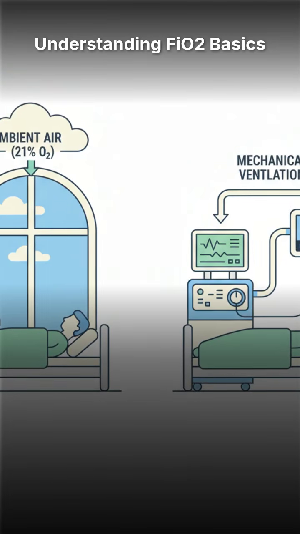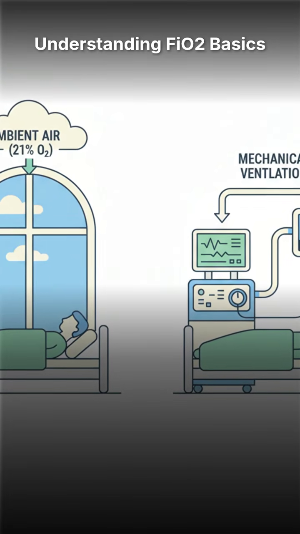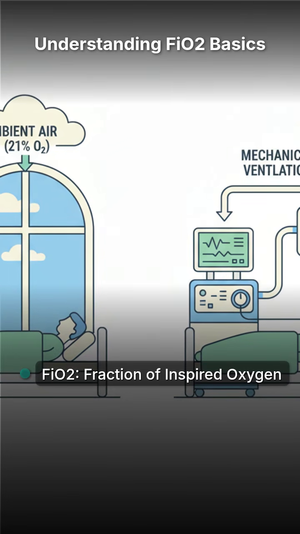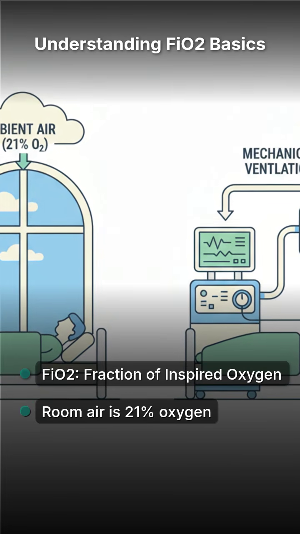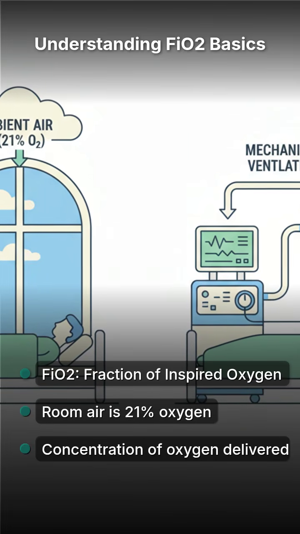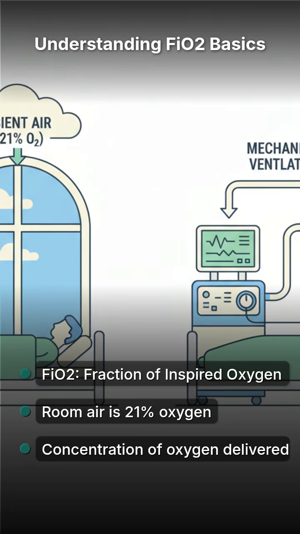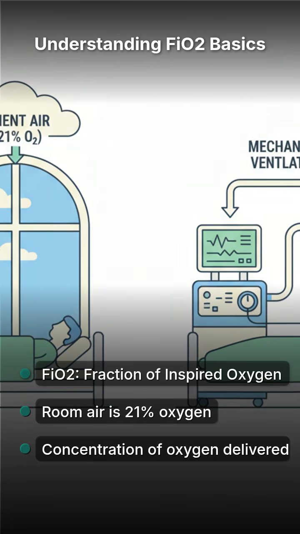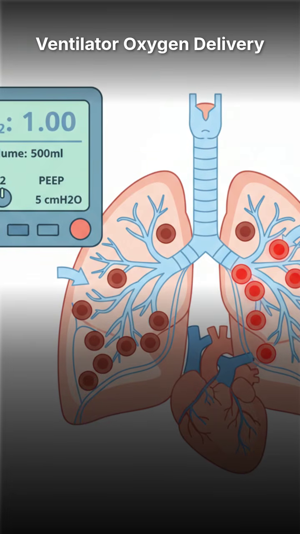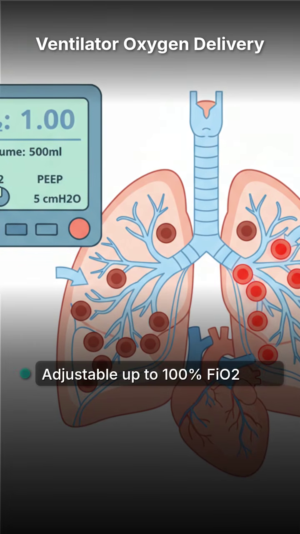FiO2 on the ventilator, what does it actually mean? It stands for fraction of inspired oxygen, representing the concentration of oxygen a patient breathes. While the room air we breathe is only 21% oxygen, patients in respiratory distress often require a much higher concentration to maintain life. On a ventilator, FiO2 can be increased from 21% all the way up to 100% to support